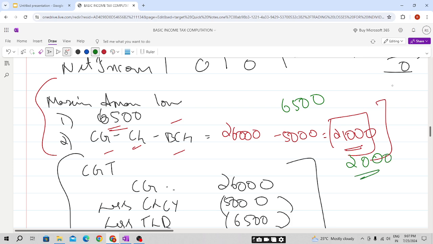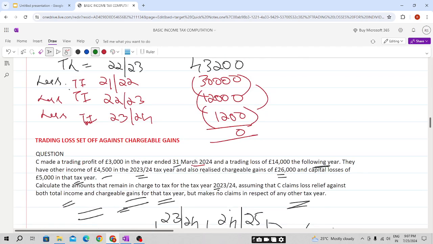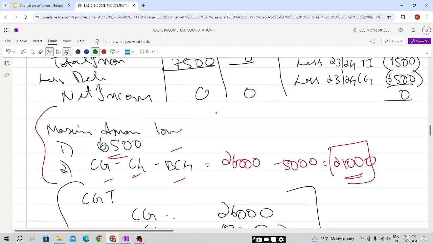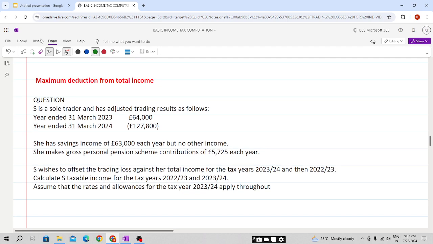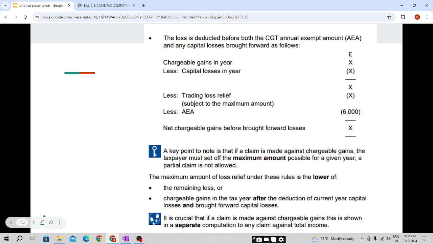So 2,000 we can set off, and the further loss will be carried forward. The remaining 4,500 we will carry forward, if we had this case. Now students, I hope by solving this question you have a clear-cut idea of the claims against